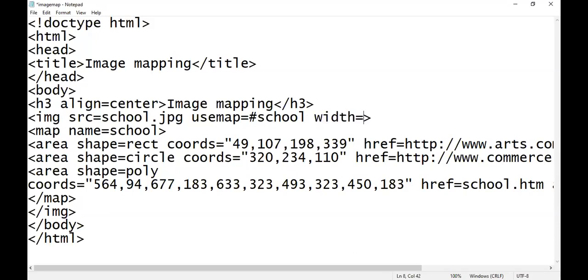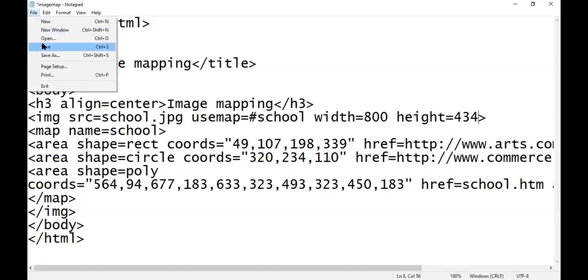What was the width? Yes, tell me width and height. Both you have noted. Tell me, what height and what width have we specified? Yes, give me in a chat box. Height is 434, width is 800. Okay, 800 and 434, right? So we'll take 800 and 434. Okay, now it's okay.